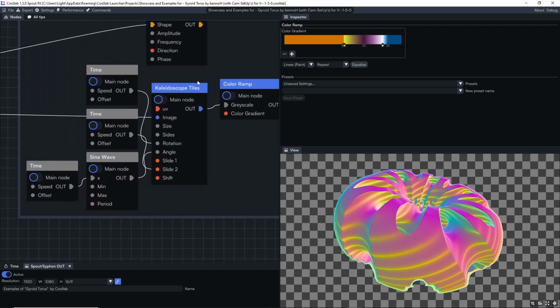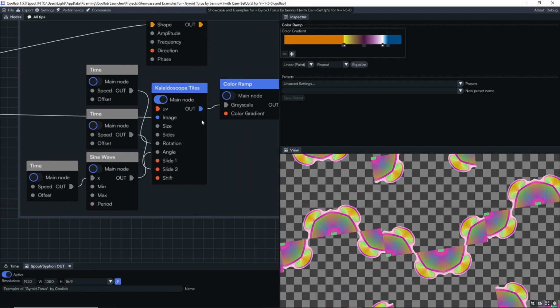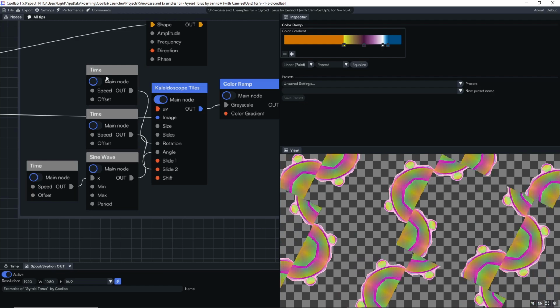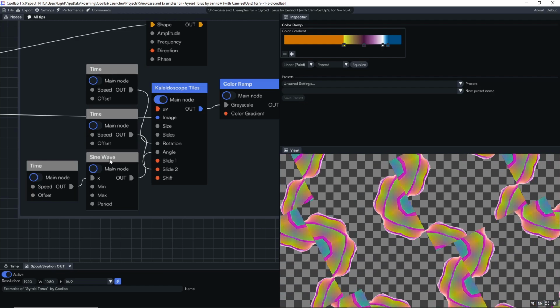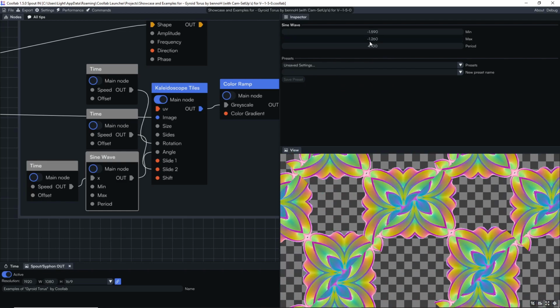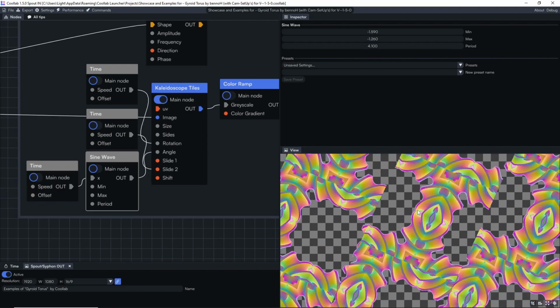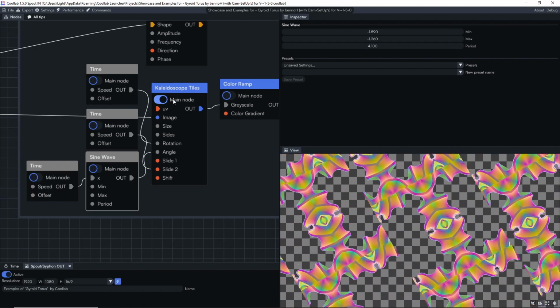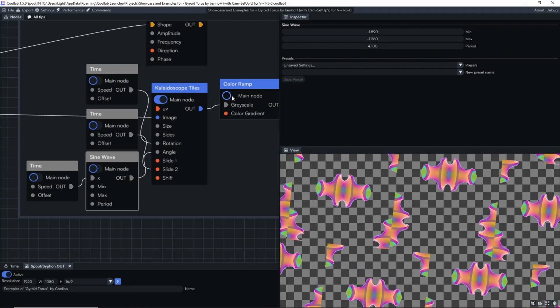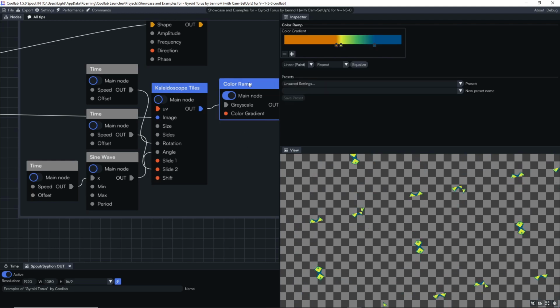And the last is also a node of mine, where I use a lot of animation times, and also one of the scene wave to have the maximum and the minimum so that they don't run away. And you see this is more like a pattern that we built here, and I have also a variation with the color ramp inside here, a similar color ramp to the one I used before in another thing. You see that it loses the